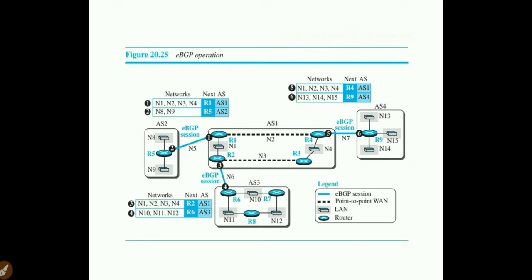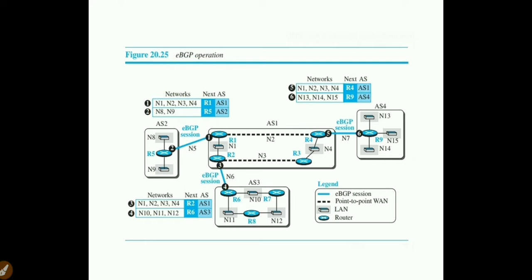So R6 sends its own details about its autonomous system. The R6 network consists of N10, N11 and N12, available in autonomous system AS3. That is the fourth message. So the 3 and 4 link has been established between the border routers R2 and R6. This has been implemented via an external BGP session.